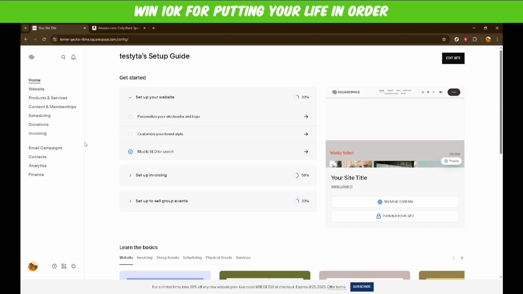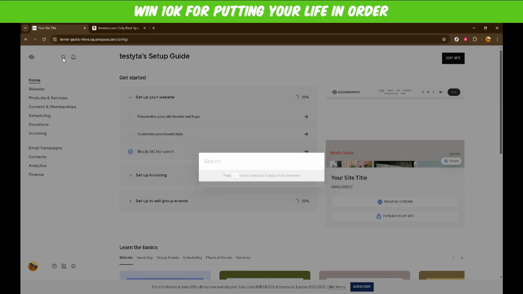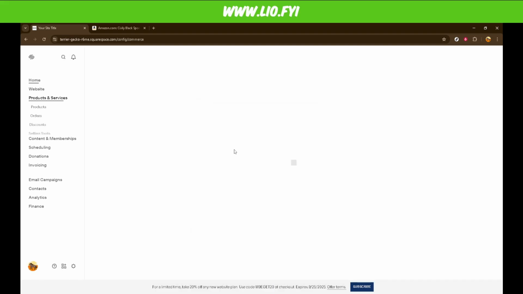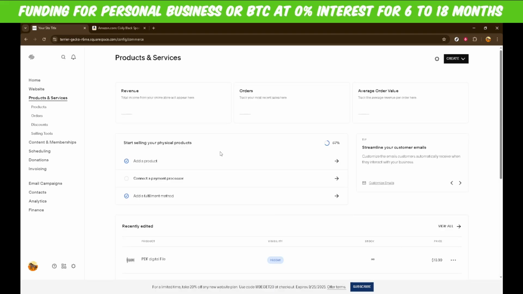Once you're on your homepage, look for the search bar. The search bar is your friend in quickly navigating to the right page or function you need on Squarespace. Conveniently type in the word product, and this will direct you to an area that allows you to manage the products and services on your website. From there, you'll need to select Products and Services. Doing this opens up a whole set of options for you to manage your website products efficiently.